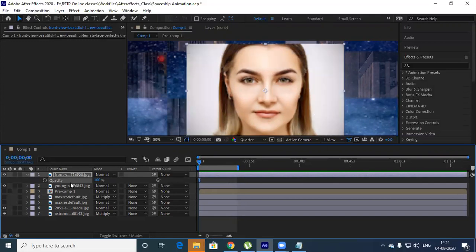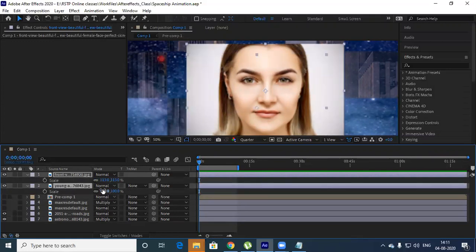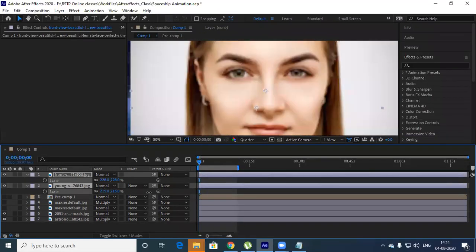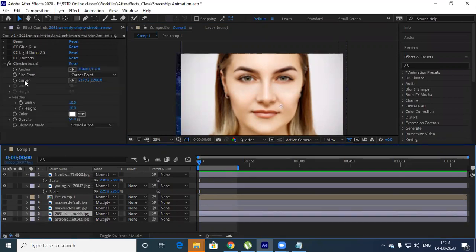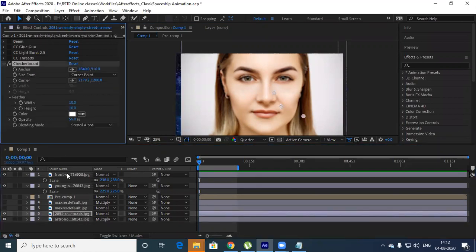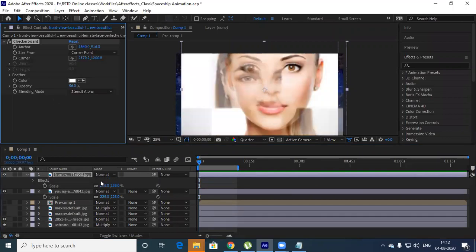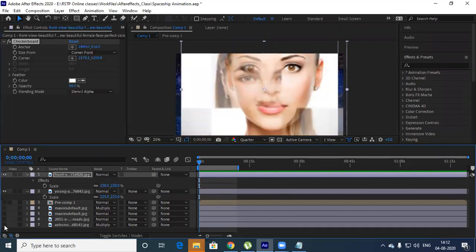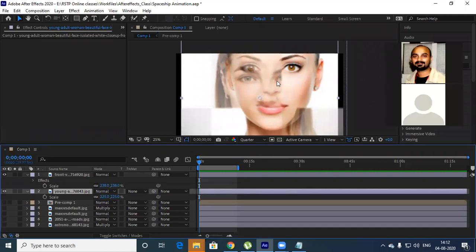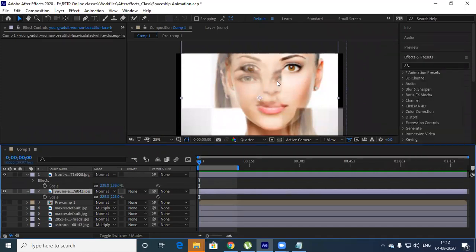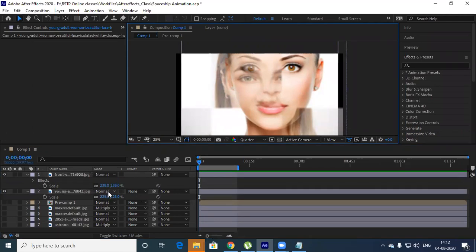Now I select both the images and scale. Both images I have selected and I have scaled them. Now what I'll do, here I have given checkerboard, right? Simple, I'll select this checkerboard, copy this, and here I'll just paste this. I'll turn off other things. So the checkerboard, it's like this.